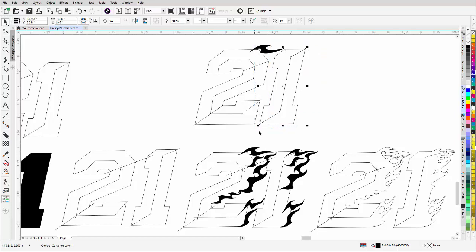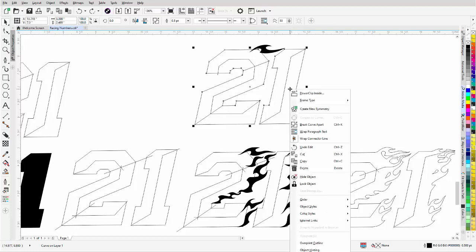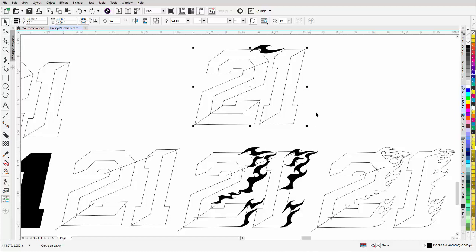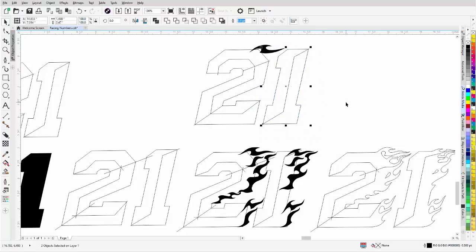I'm actually going to move this 1 over. Select that and just move that over a little bit. On the last one, make sure I get the entire 1. Go to the X in the middle, and then move that over. Now I can see what the problem is: I haven't broken these apart. So I have to right click here and go to break curve apart. Then I'll be able to move the number 1 over a bit to right about there to make some room